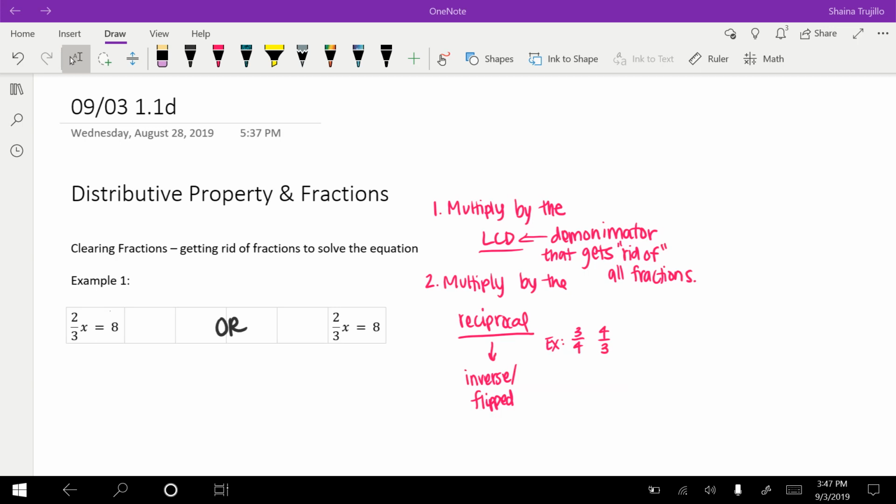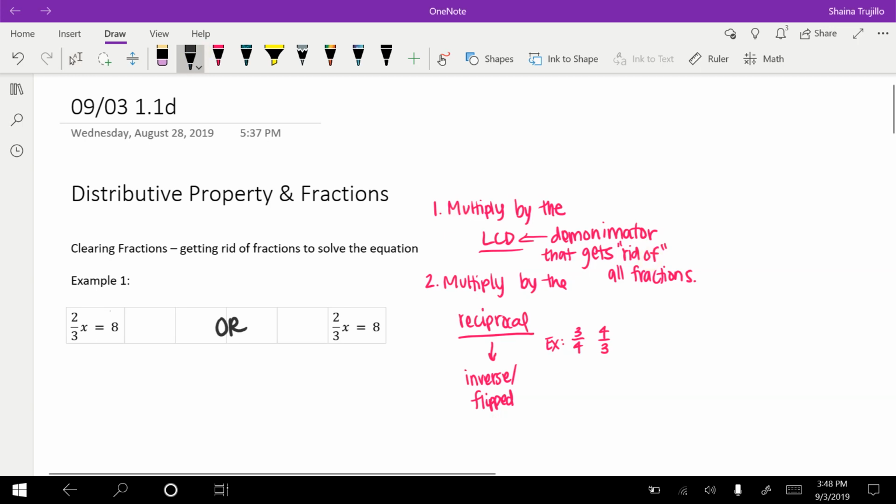Okay, so today in class we talked about the distributive property and fractions. We also talked about the term clearing fractions, or getting rid of fractions to be able to solve the equation more easily. There are two ways that we can clear fractions. Way number one is to multiply by the least common denominator, or the denominator that gets rid of all the